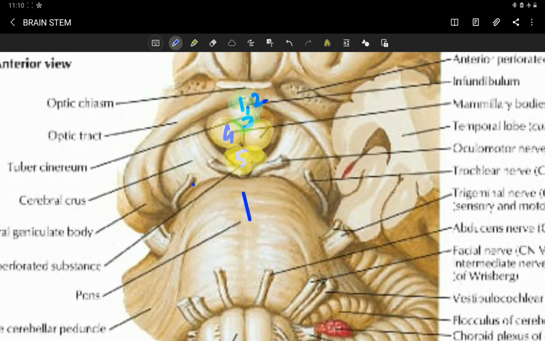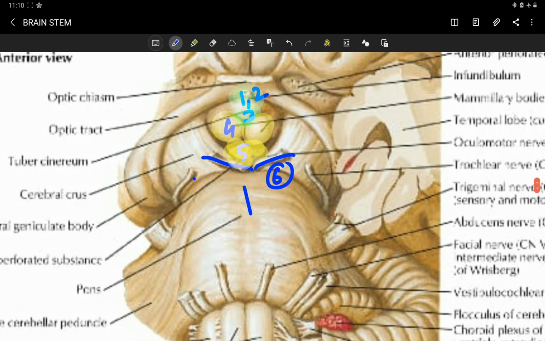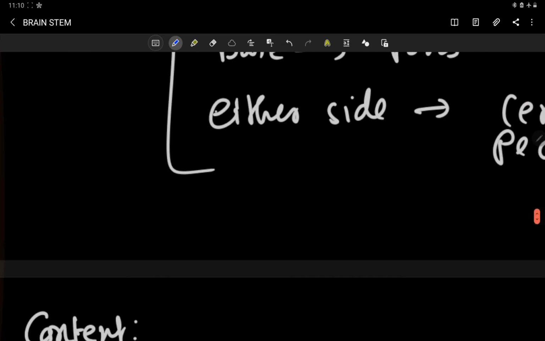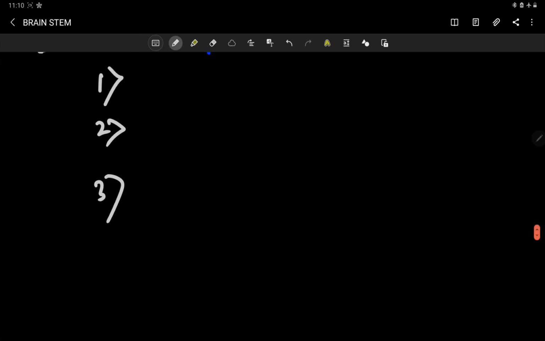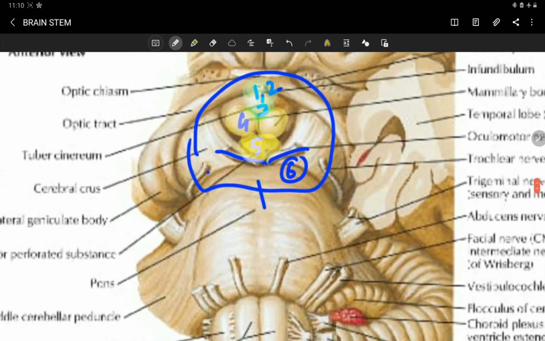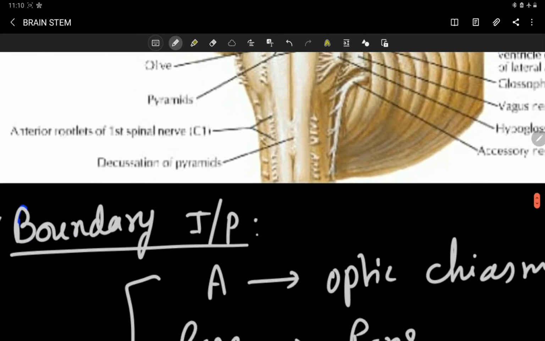And also I see these two cranial nerves. This is your numbering 6, third cranial nerve, the oculomotor cranial nerve. So these are actually the contents of your interpeduncular fossa. So let's write the contents of the interpeduncular fossa. Six structures are present. 1 and 2, your infundibulum,